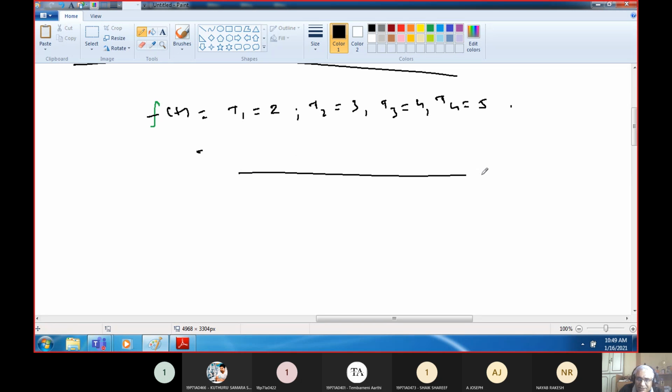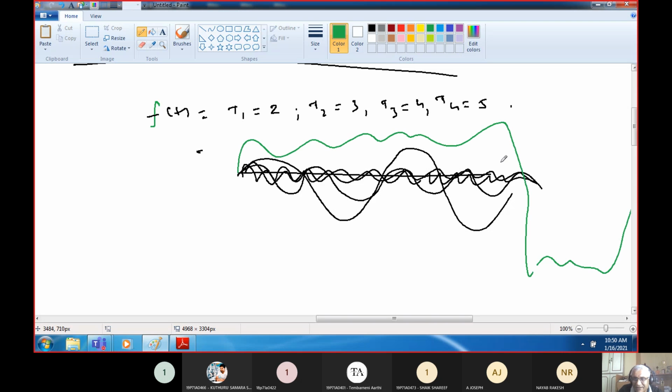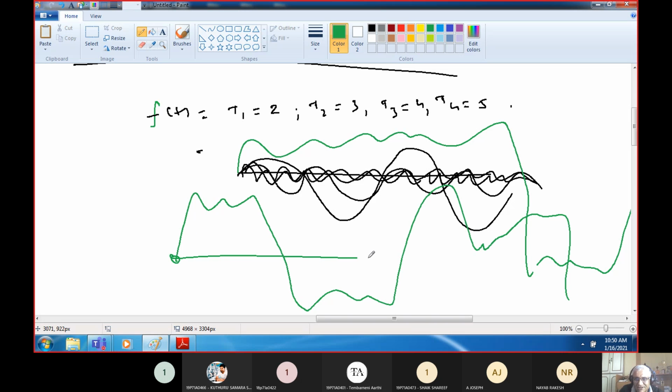So I will show that. Supposing this is 2. This is happening like this. Okay. This is 3. So 3 is occurring 3 times in 1. Don't worry about the exact nature. It is higher frequency. Now 4 is even higher frequency. 5 is even higher frequency. Something like this. Okay. When I add all of them, the resultant signal that I am getting, will it have any periodic shape, which is repeating at regular intervals of time, like this? Will it have some time period? That is the question we have to answer.